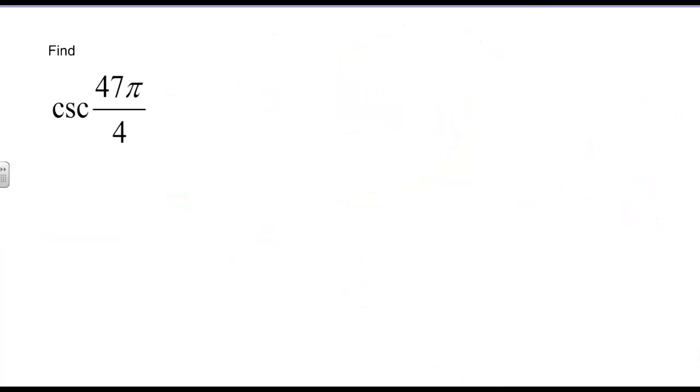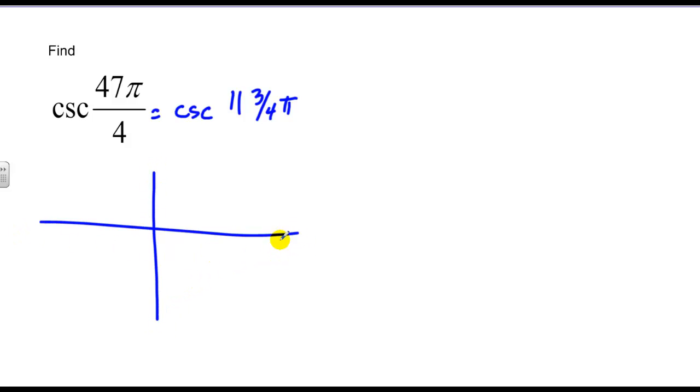All right, here's another one. 47 pi over 4. Again, I'm going to change that to a mixed number. So this is the cosecant of 11 3/4 pi. And I'm going to go through that same argument of how to get there. Here's 0, 1, 2, 3, 4, 5, 6, 7, 8, 9, 10, 11 pi. And I need to go 3/4 pi from here. 3/4 pi would put me over in this quadrant here,